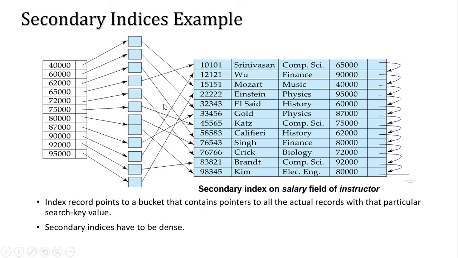So they are creating two layers. As it is creating two layers for the indexing, we can say it is a secondary index. The secondary index always creates two layers. The first layer has some different type of values, which is not the primary key or something like that, and the second layer is connected with the main mother table, that is creating some bucket, and that contains the pointers to all the actual records with the particular search key values. So secondary indexes have to be dense,